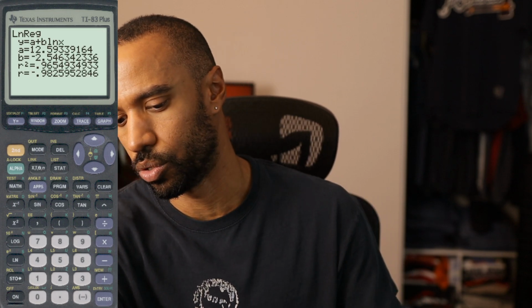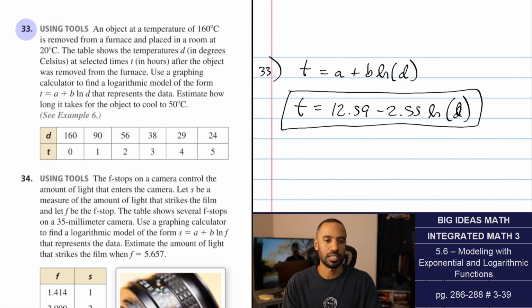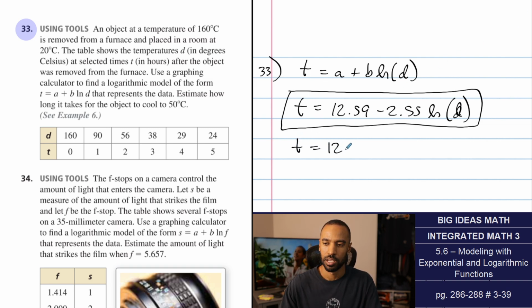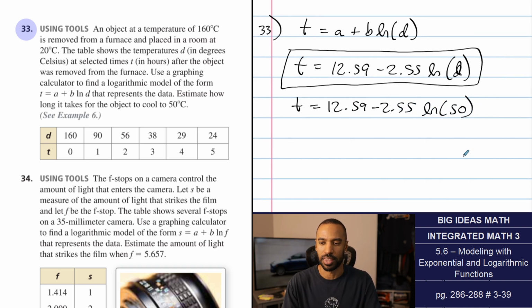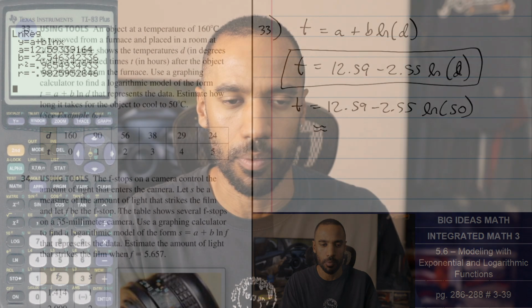So we are going to substitute here. They asked us to estimate how long it takes for the object to cool to 50 degrees Celsius. So now we're going to substitute 50 into here: 12.59 minus 2.55 times the natural log of 50. And we're going to figure out that time based off of this right here. So I have my calculator for that. We have the equation typed into y equals. I'm going to go to my table, substitute 50, and we get a time of 2.6,